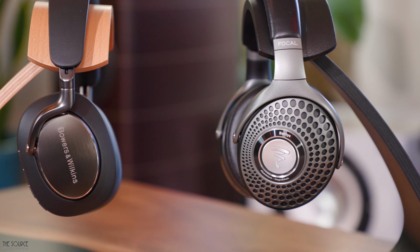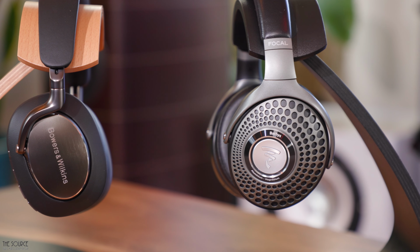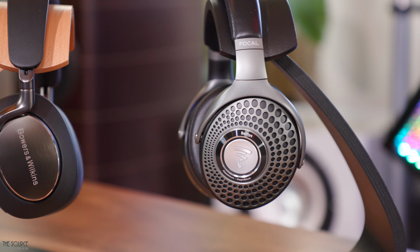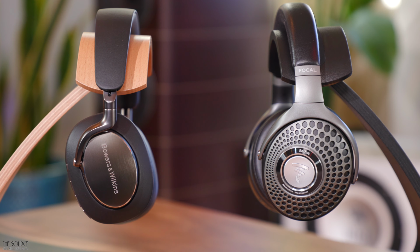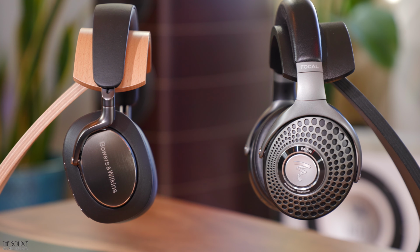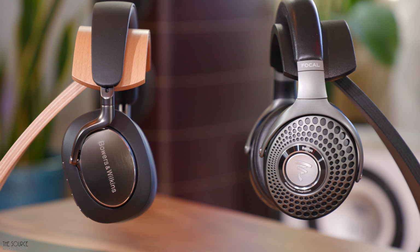In my use, I found the Px8 to edge out the performance of the Bathys for noise cancellation. However, this comes with a caveat, as when activated, the noise cancellation on the Px8 does cause a change to the quality of sound of the headphones when music is playing, seemingly increasing the bass signature. After activating the noise cancellation, I had to pull back the bass in the B&W iPhone app for some genres